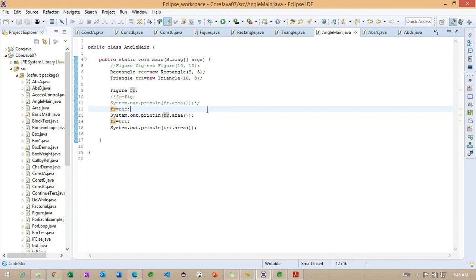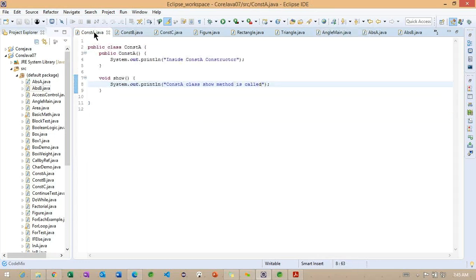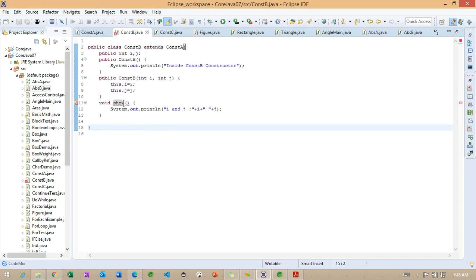So we'll try to see the simple example where we implemented it here. Yeah. So if I make this particular method final, now you can observe we are getting this particular error here. So cannot override the final method from the constructor A class.